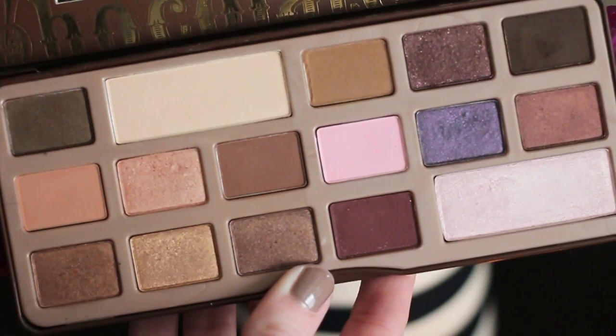So the makeup I'm wearing right now has kind of been my go-to winter look. And for eyes, I've been loving the Too Faced Chocolate Bar palette. Today I'm using these four colors right here down in this corner. It's a very warm, shimmery eye look, and I've actually been liking warm eyeshadows on myself and been using that